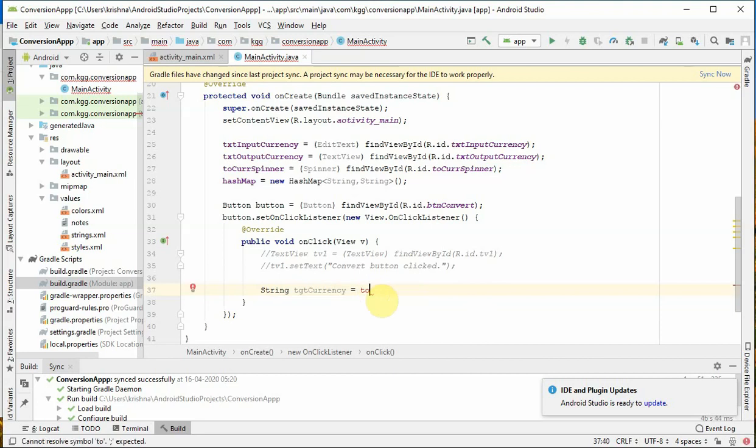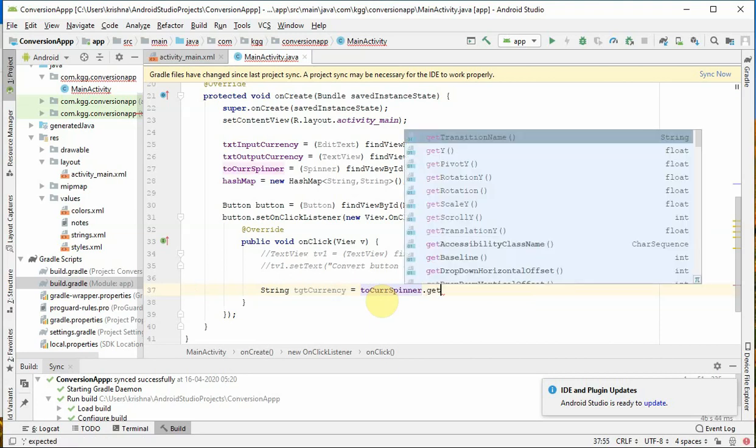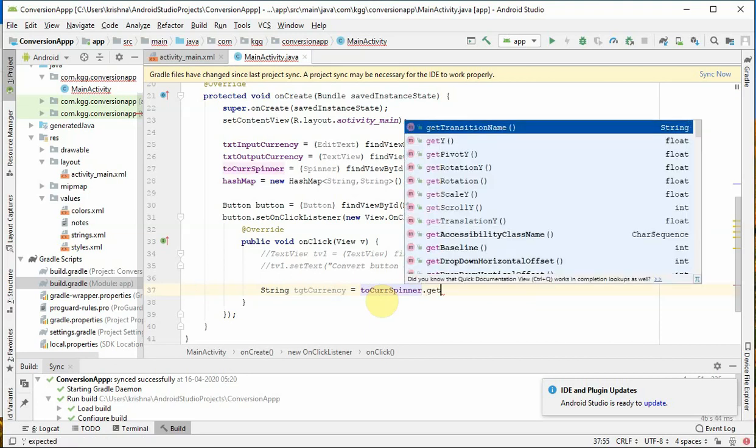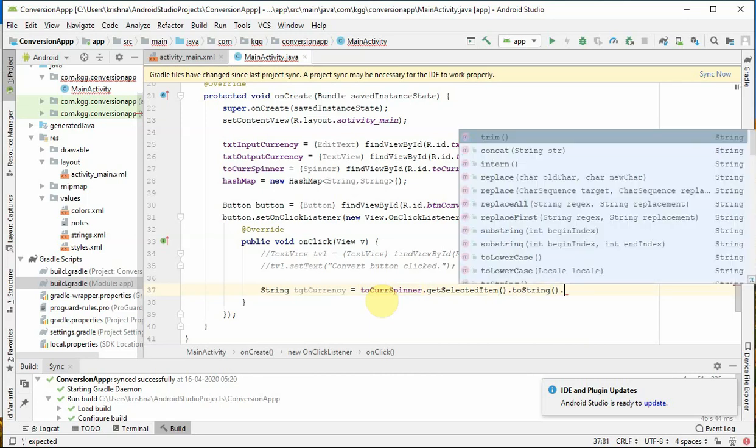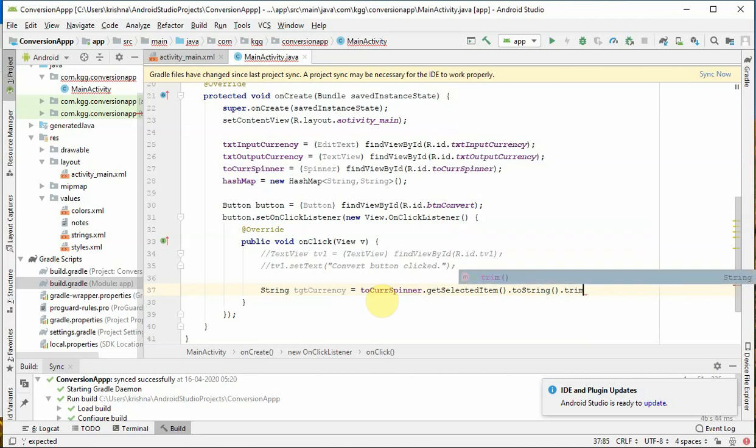So first let us check what currency we have selected from the drop down. This is the to-currency spinner, and then get the selected item of this spinner, and then toString,